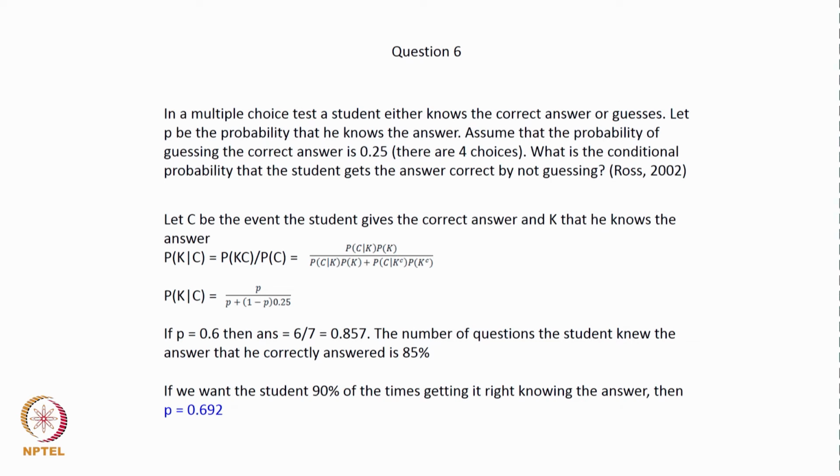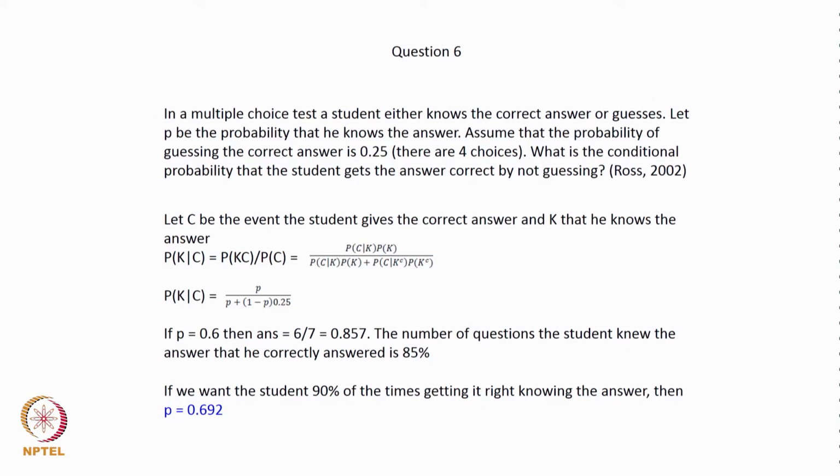So, let C be the event that the student gives the correct answer and K the event that the student knows the answer. So, probability that the student knows the answer given that the student has actually given the correct answer is the probability of knowing the answer and giving the correct answer divided by probability of giving the correct answer, which is P of C given K into P of K by P of C given K into P of K plus P of C given K transpose into P of K transpose. So, probability P of C given K into P of K is P divided by P plus 1